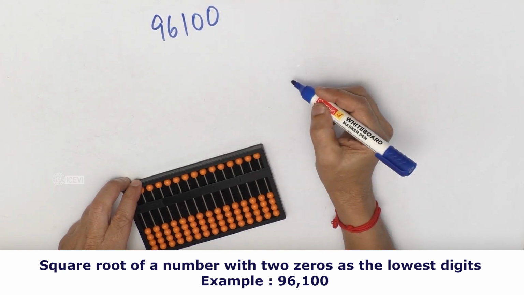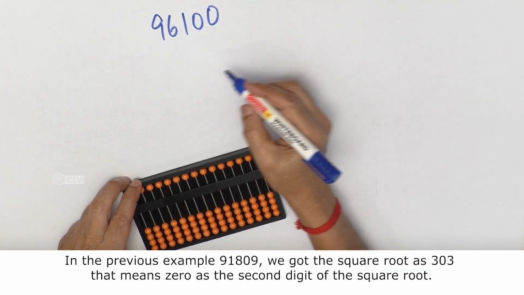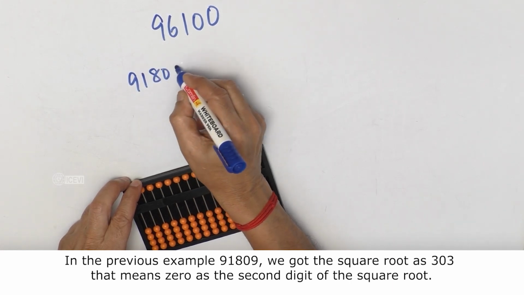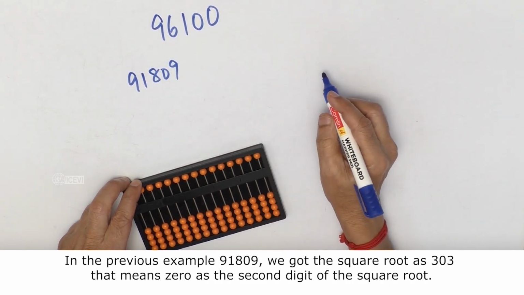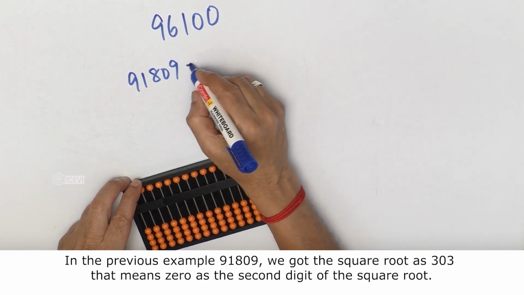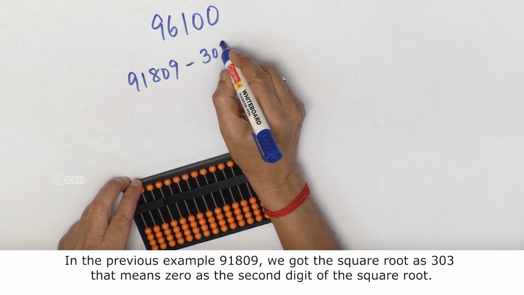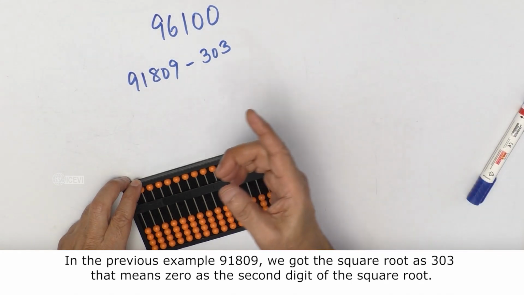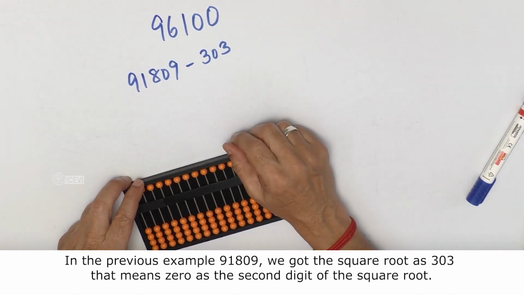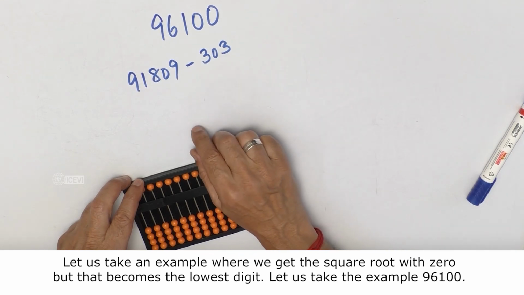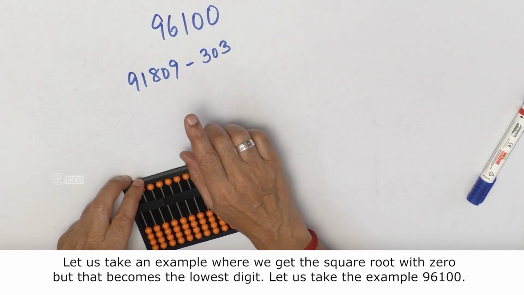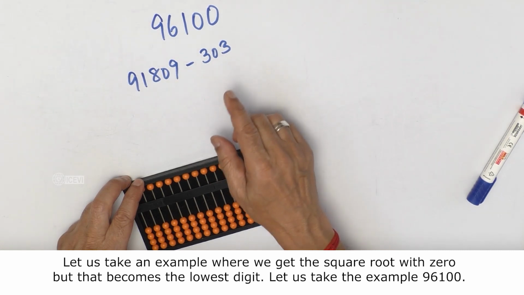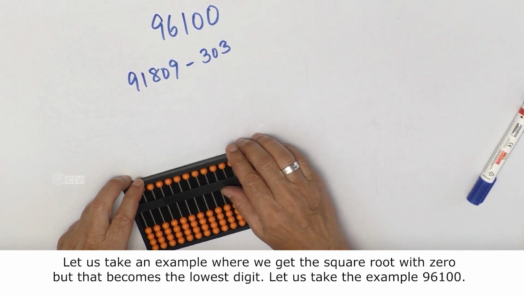96,100. In the previous example, 91,809, we got the square root as 303. That means 0 as the second digit of the square root. Let us take an example where we get the square root with 0, but that becomes the lowest digit. Let us take the example